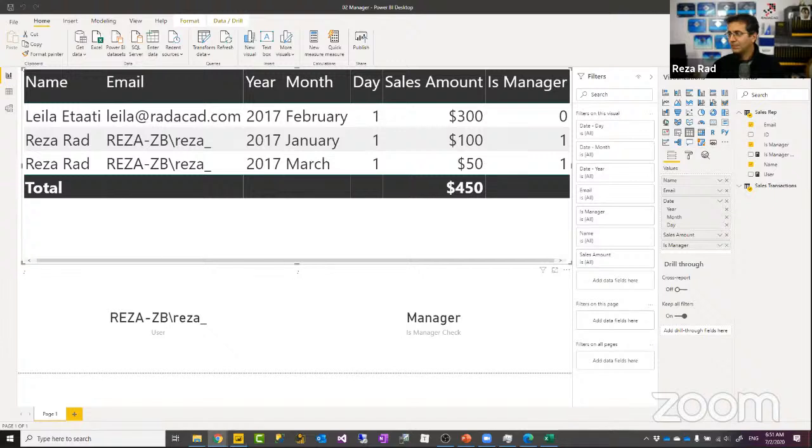Okay, now let me see if there are any questions on this. Does RLS work on tab level? I guess by tab level, Emil, you mean the page, like row-level security on this page, on that page. Unfortunately, not right now, unless you go and create totally different reports, like a set of reports for those who have access to this, a set of reports for those who have access to these.